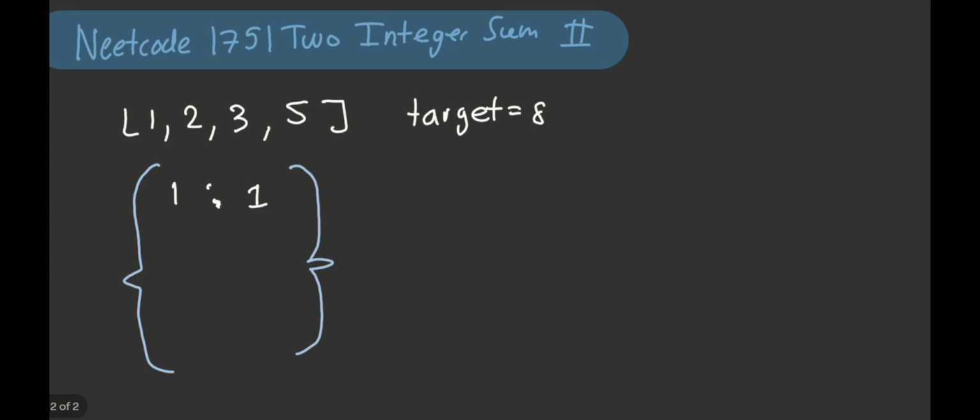Moving on, we go to 2. 8 minus 2 is 6. It's not in our map, so we are going to add it to 2. 8 minus 3 is 5. It's not in our map, so we add it. 3,